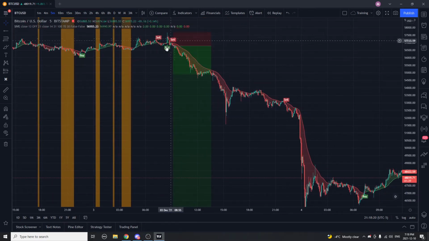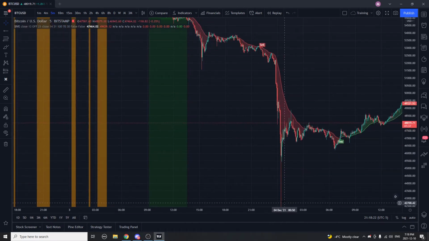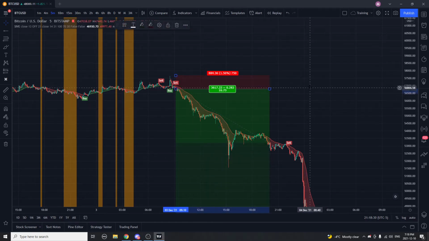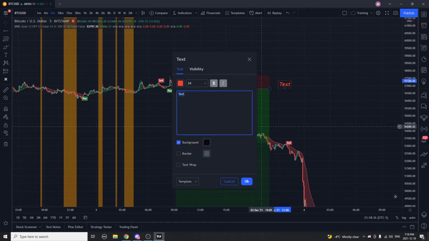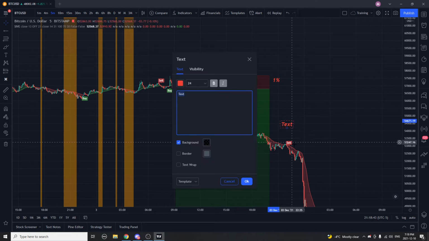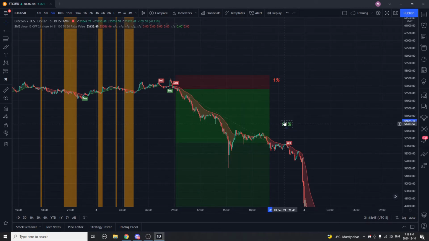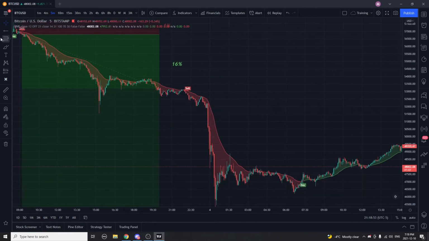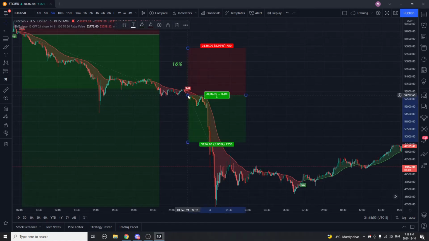From the top entry to the very bottom of the market, it was a 1 to 16 probability, or 1 to 16 risk to reward. Meaning that if you put 1% of your account into this trade, you're risking 1% up here for a potential gain of 16% down here. That's how this works. And now again over here, we're looking at another trade,